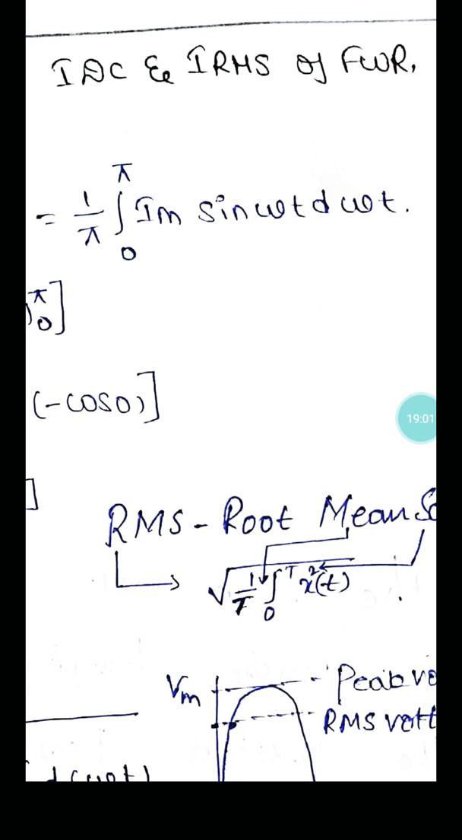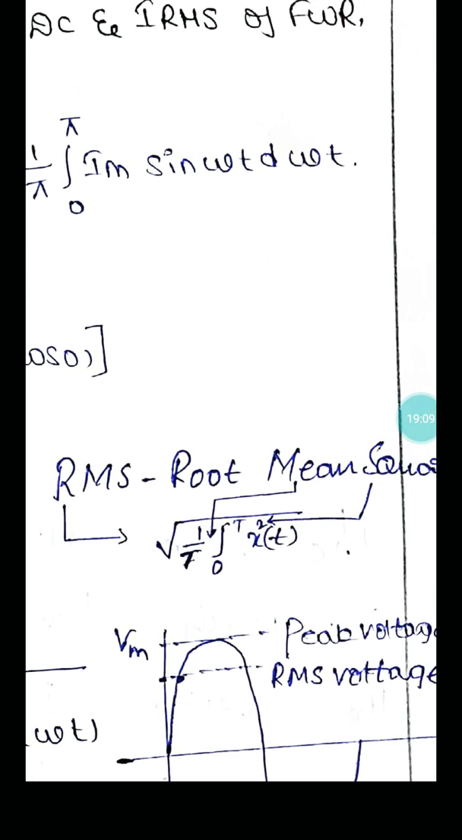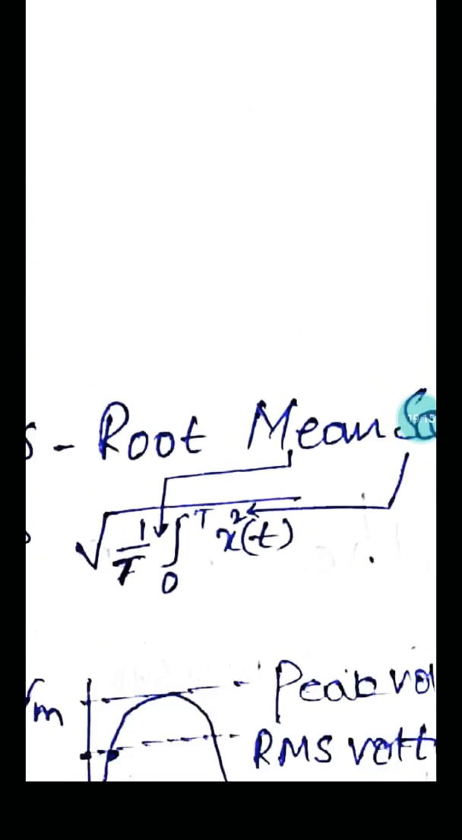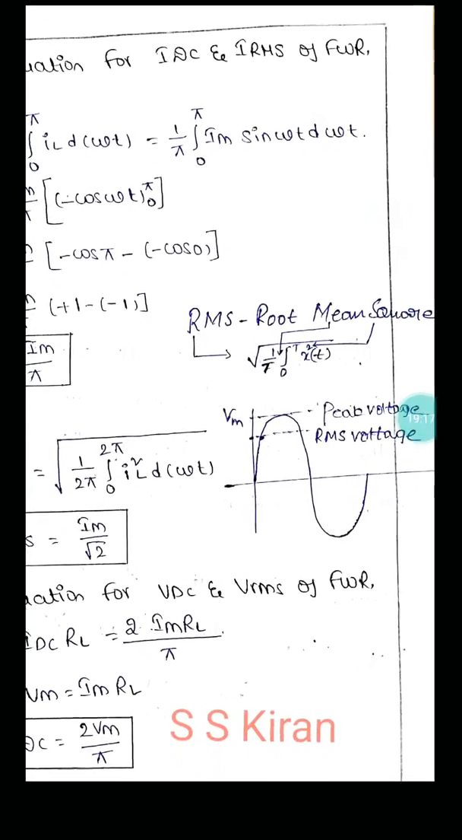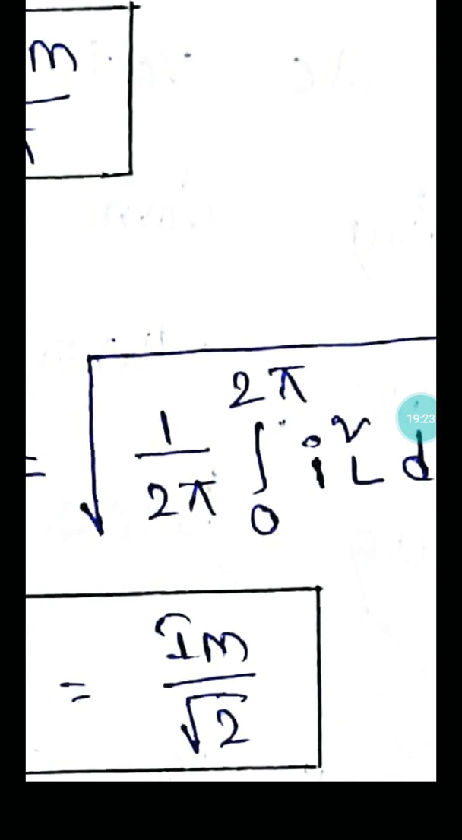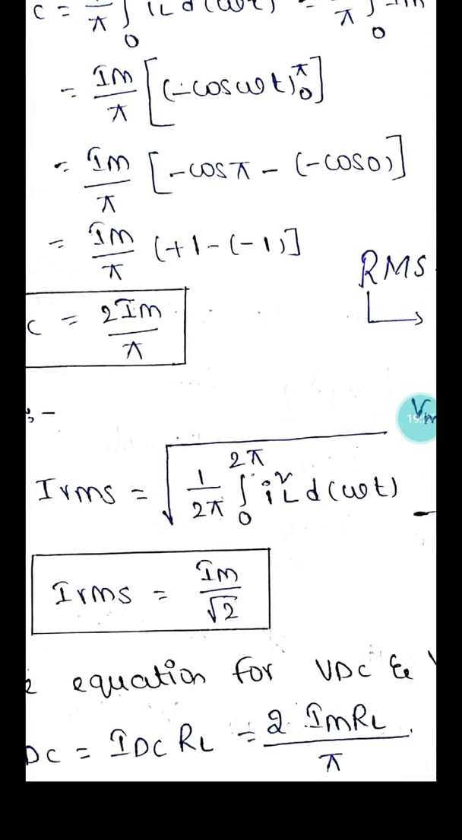Mean we can also call average. So that is 1 by time period, integral 0 to T of x of t. What about square? This is nothing but square, that's why here I can write the square. This is the root mean square. How do we write the function? Very simple. IRMS is equal to root of 1 by time period, 0 to 2 pi, IL square d